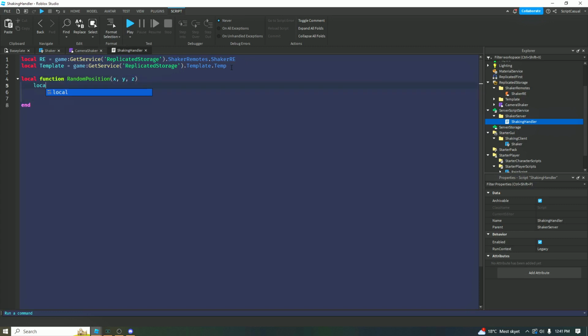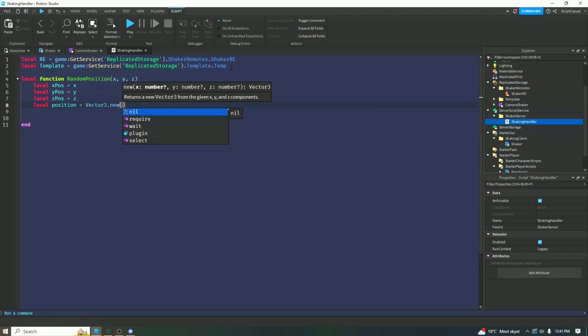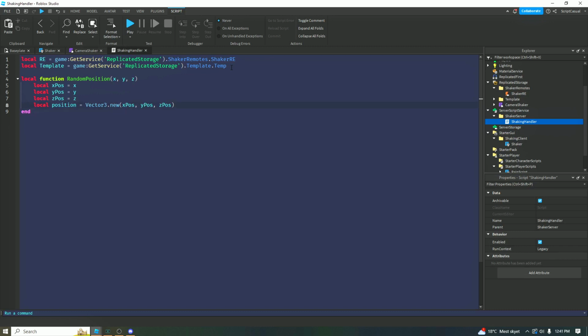for video purpose. So we're gonna say local x pos, which stands for x position, equals to x, local y pos equals to y, and local z pos equals to z. And then we're gonna set the local position equals to vector3 dot new x pos, comma y pos, comma z pos. Okay, so it's basically setting a position that is from these numbers, but currently we're not passing in any